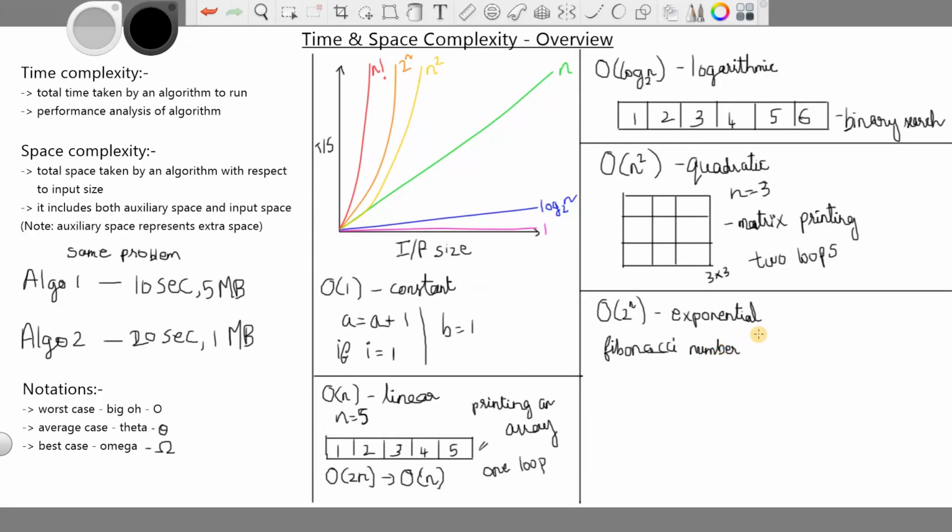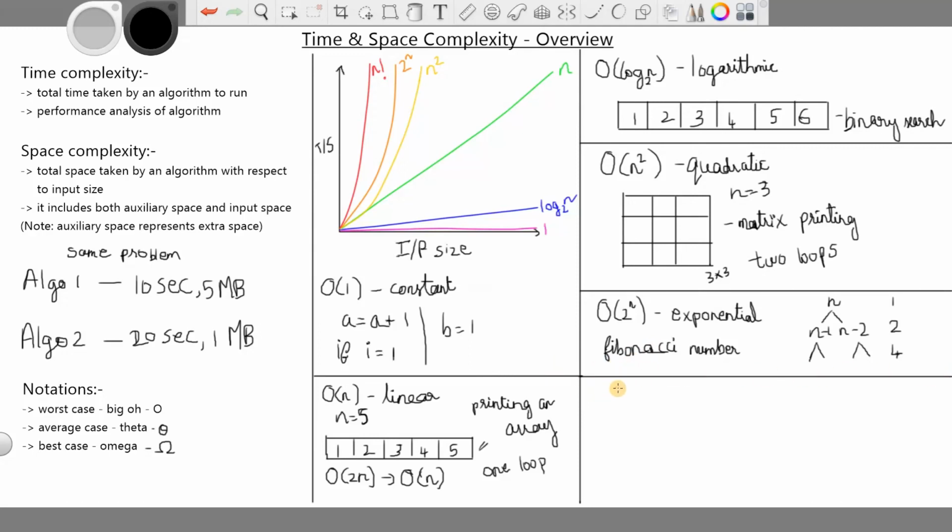So I'll just show you how the problem works. Initially you will start with the higher element. Let's consider n. So for each recursion, there will be 2 branches. So this will be n minus 1 and this will be n minus 2. Again, this problem will create another 2 subproblems. So as you can see, on each level, the number of subproblems increases. So this will be 1, this will be 2, this will be 4, all will be in powers of 2. So that's how the exponential time series works.